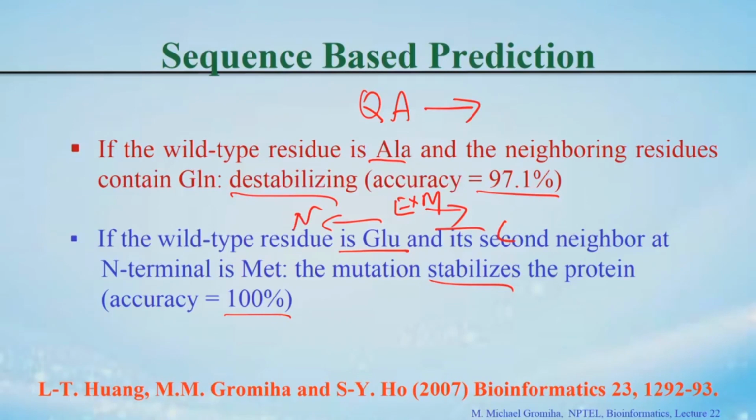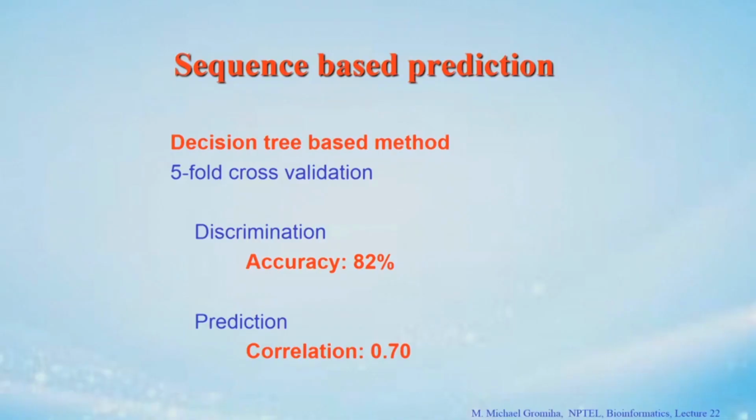So, here the problem is if we have more number of mutations and we could accommodate all the mutations with a smaller number of rules, we can get better accuracy. So, we considered about 3000 mutations and made about 100 rules, which means approximately 30 mutations per rule. In some cases we have 100, sometimes we have less. If your data are very high, like the well-studied alanine mutations, then we can predict with high confidence. So, we have the server, which can get an accuracy of 82% and a correlation of